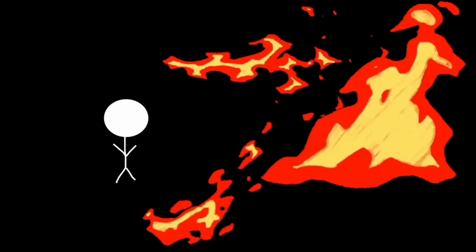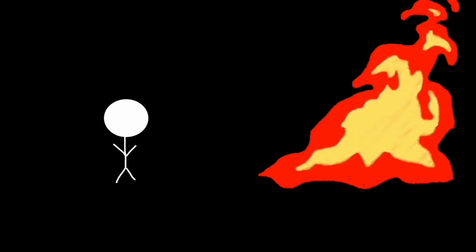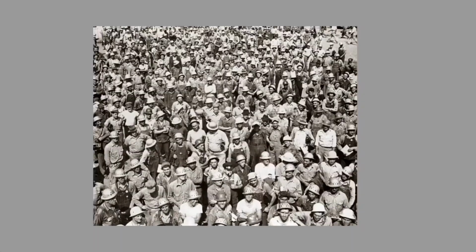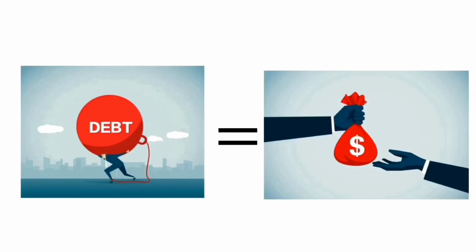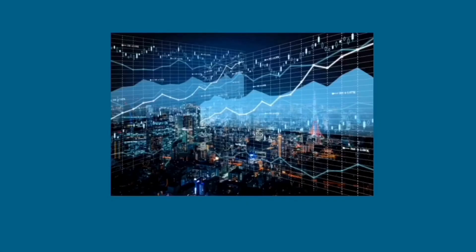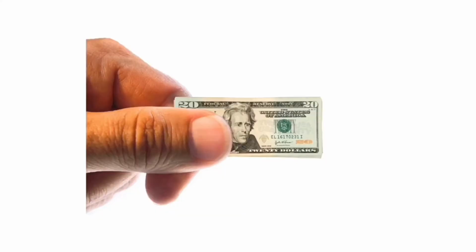Basically, what that means is if you're stuck in a hurricane, tornado, or a fire, we might take a little longer to save you, which means you might already be dead. With a high national debt, we have a greater risk of getting into a financial crisis, even though some of us have already been calling it a financial crisis. This financial crisis may look like the 2008 stock market crash or the Great Depression. Higher debt means more money is needed, so the federal government may raise taxes and interest rates just to be able to pay a little bit of the debt.